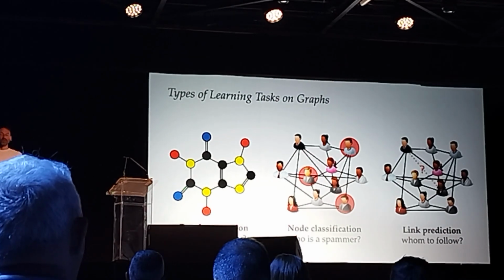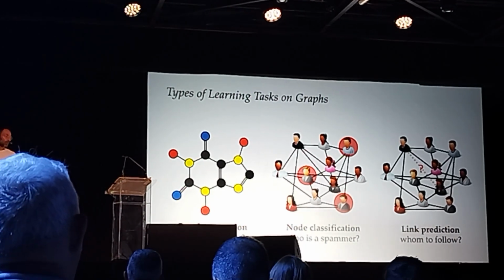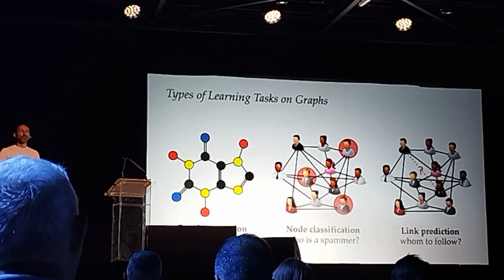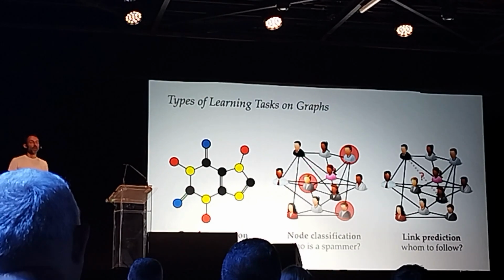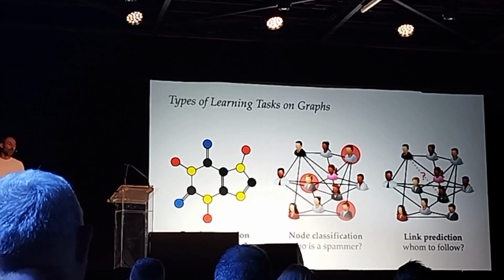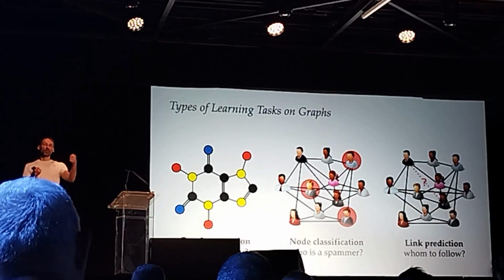You can do node classification. So again, in social networks like Twitter or Facebook, you would like to, for example, predict which users of the network are behaving badly, right? Spammers, for example. So you would like to assign some labels to these nodes. And then the problem of link prediction. So you want to infer